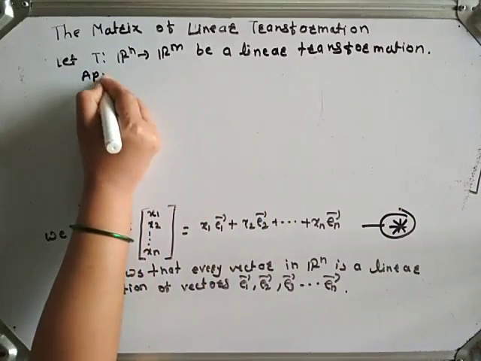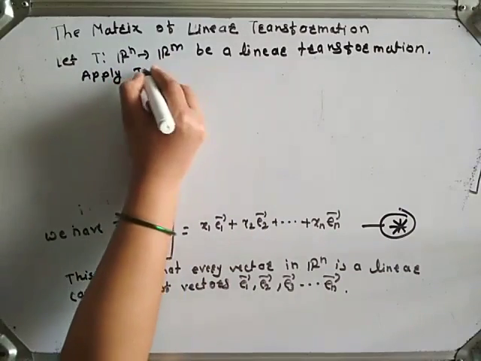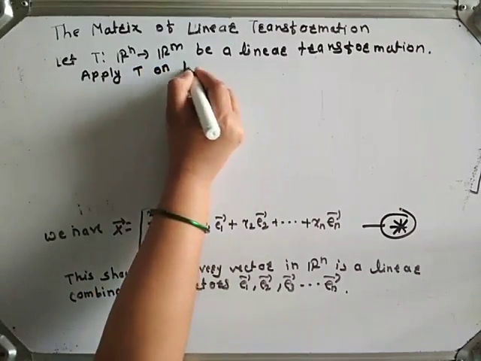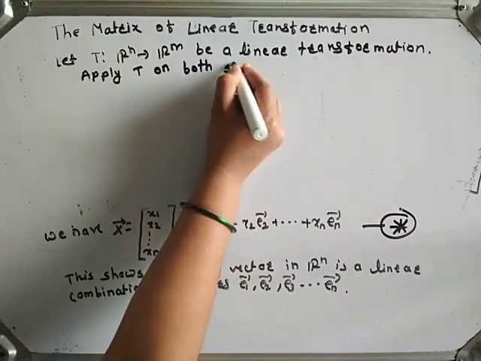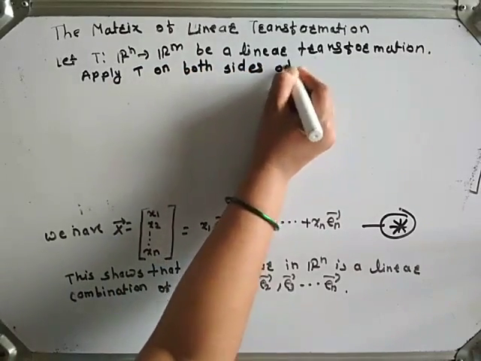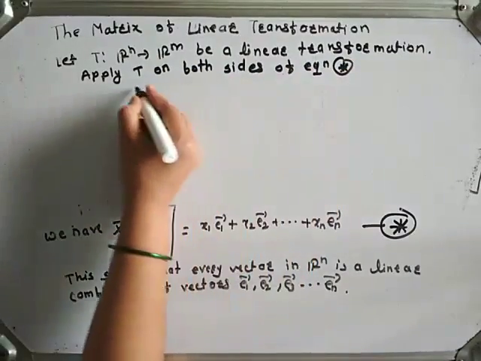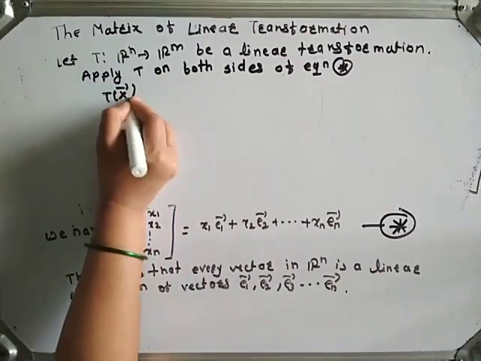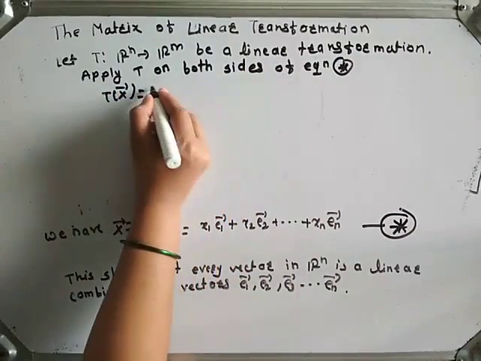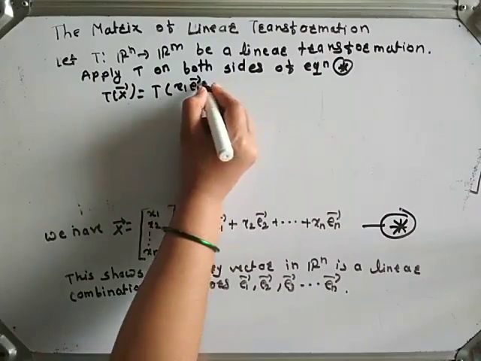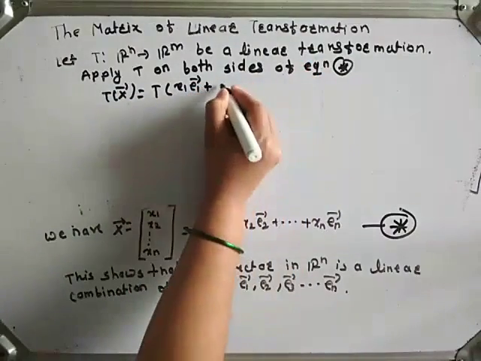Apply T on both sides of equation star. We get T of x bar is equal to T of x1 into E1 bar plus x2